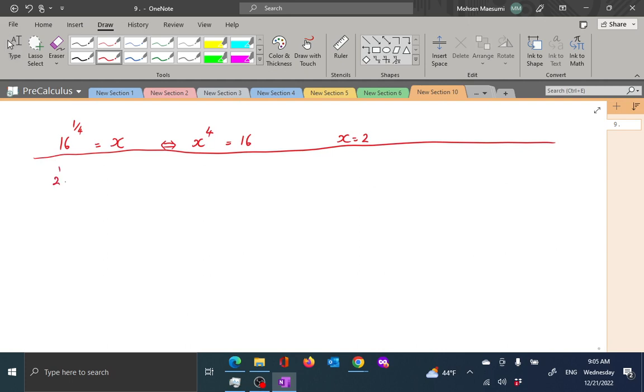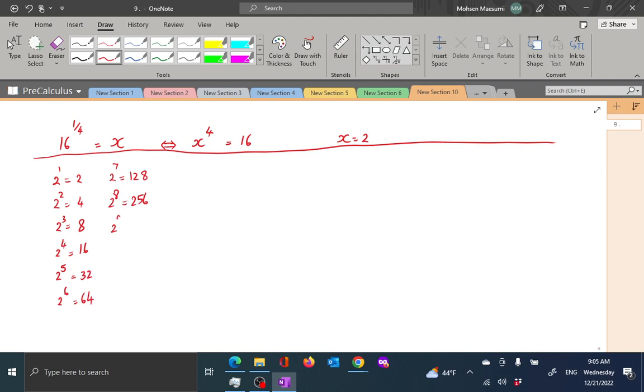Of course, 2 to the power of 1 is 2, 2 to the power of 2 is 4, 3 is 8, 4 is 16. What is 5? Well, 32. Then 64, and 2 to the power of 7 is 128, 2 to the power of 8